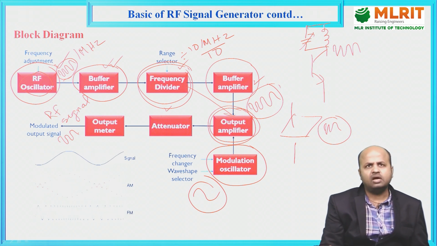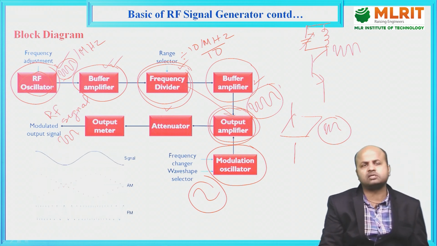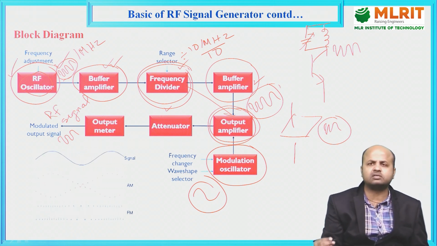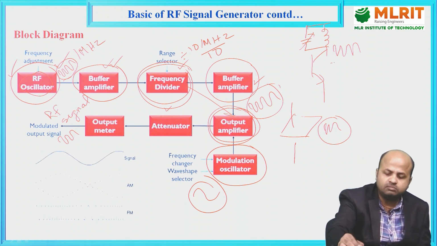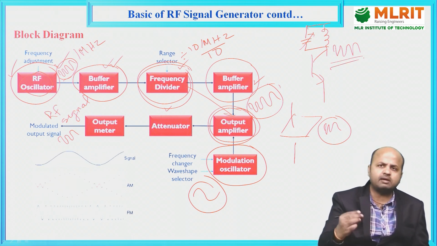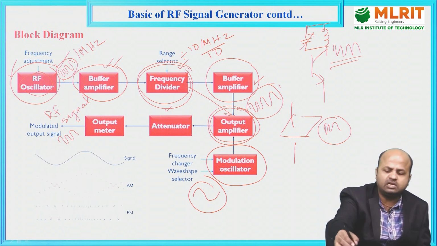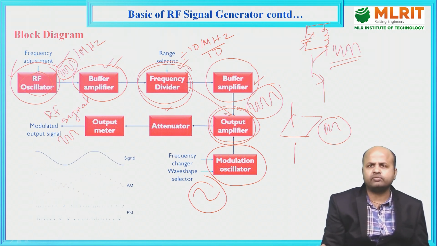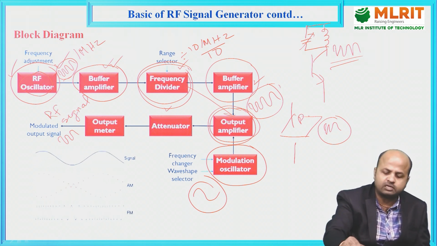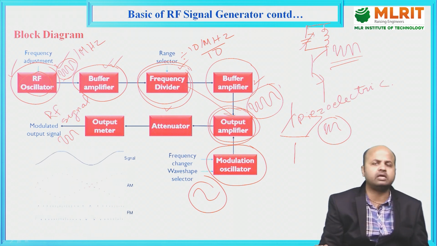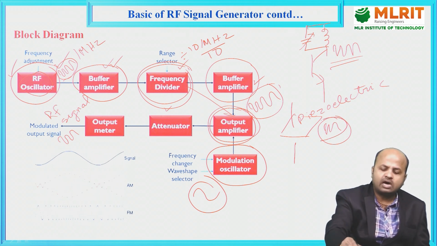So in this way, an RF signal generator can be constructed, and this is the basic principle of the RF signal generator. The main component of the RF signal generator is the RF oscillator. We have to remember this. The RF oscillator is nothing but an electronic circuit from where we get some high frequency signal, and I have also discussed how to generate this high frequency signal. Use one transistor, use an LC circuit, and we can get a high frequency signal. The other way is to use a piezoelectric material. Already I discussed piezoelectric material. This is a naturally occurring material which will give you an RF frequency signal.